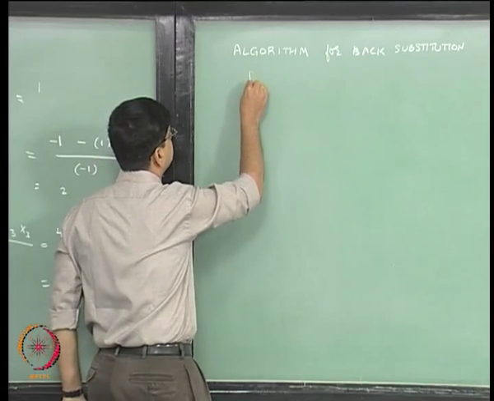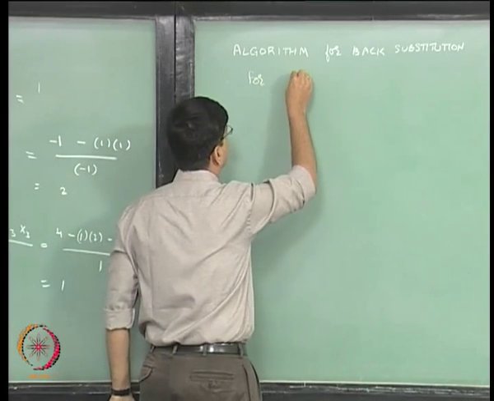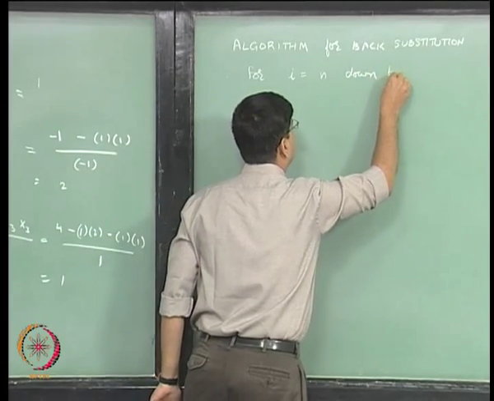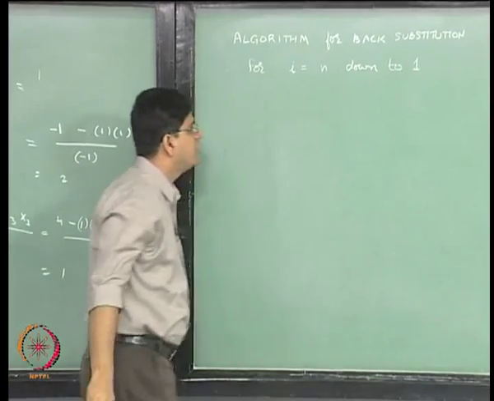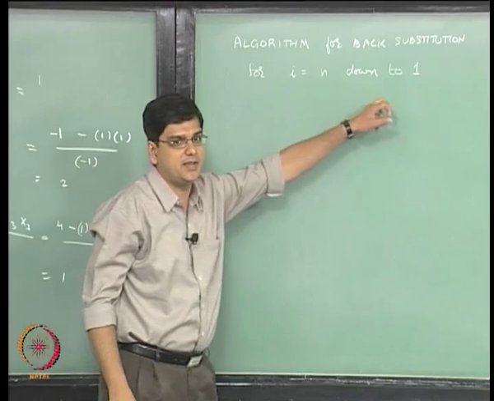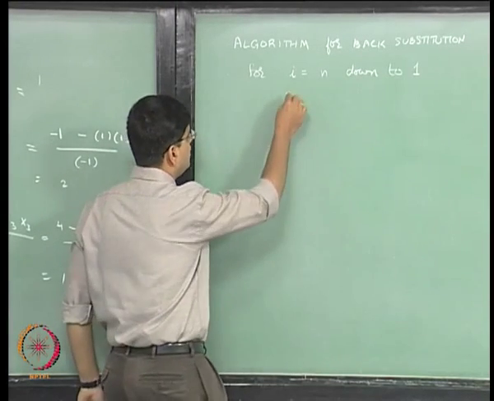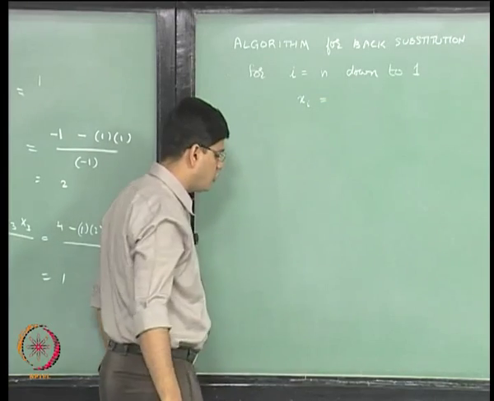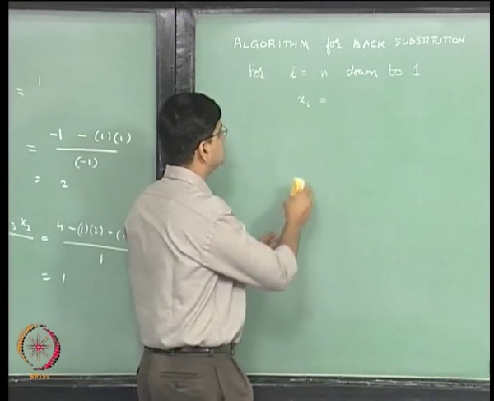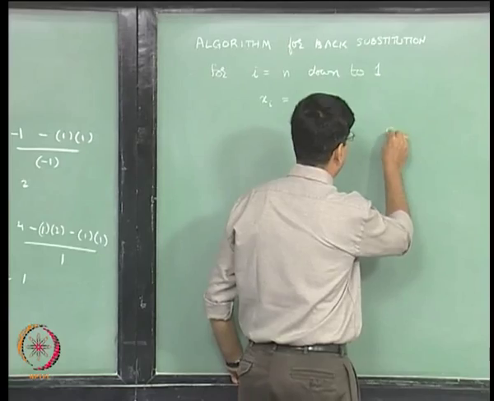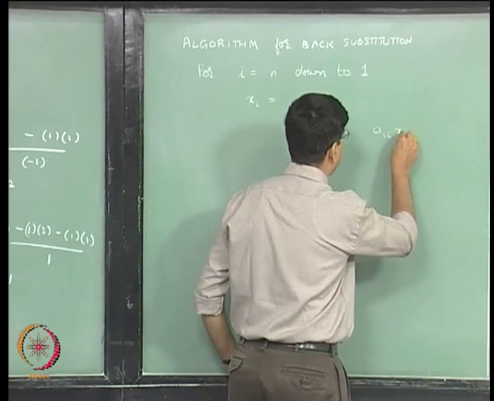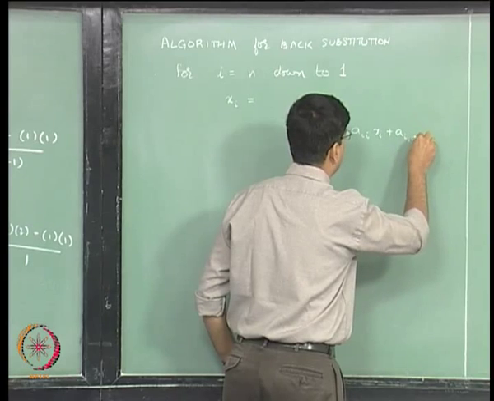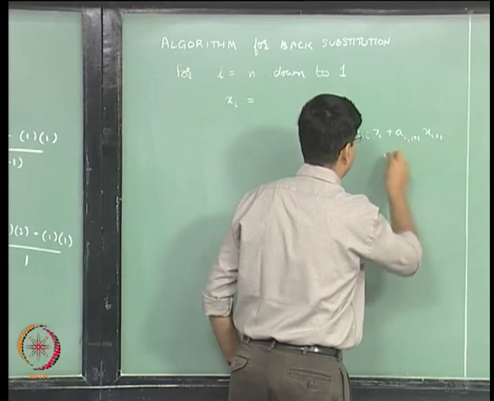So, okay, for i going from n down to 1, we are going to compute xi. The ith equation is going to be ai1 x1 and so on,